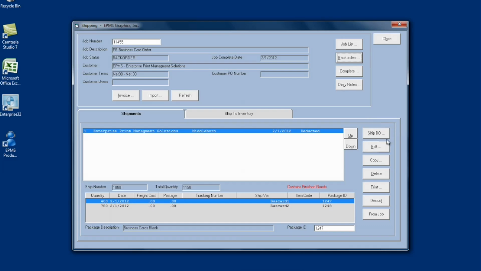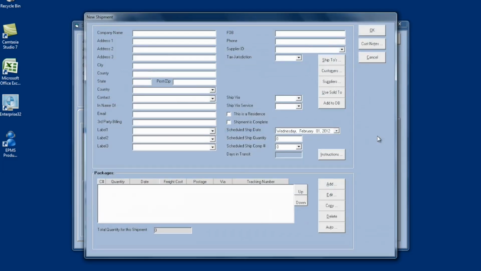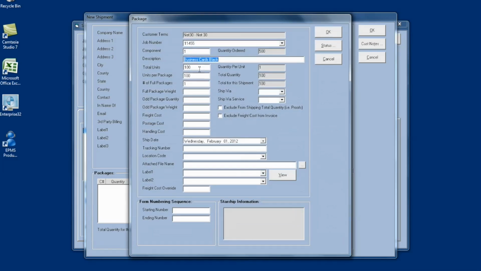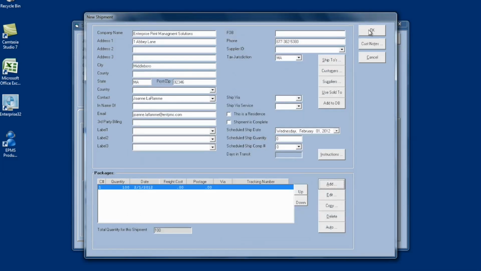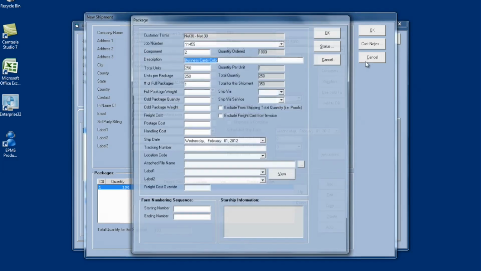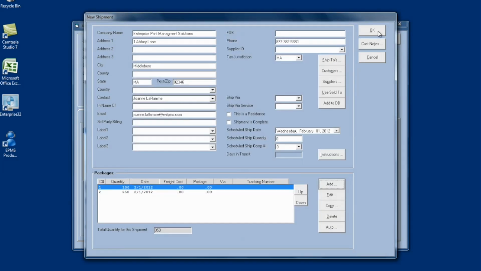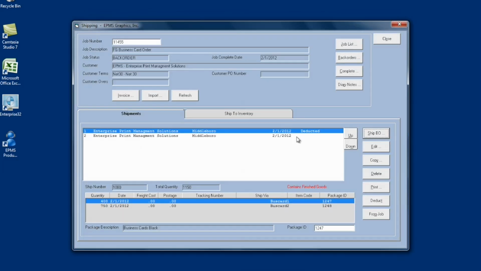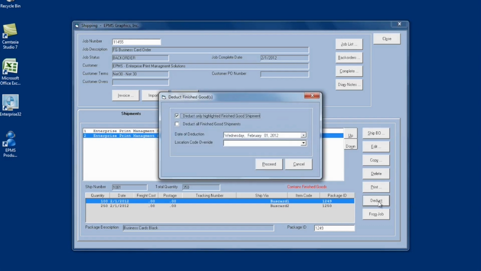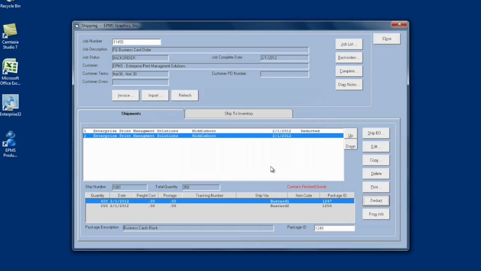and now you'll notice this button doesn't say add anymore, it says ship back orders. So I'm going to click on that button, click on my use sold to, and now when I click on add and select the component, it'll just bring in the quantity that was back ordered. And I can click on add again for the next package for my next item, click on OK again and OK again. And now I can highlight this second shipment that has my back-ordered items, deduct them from inventory, and